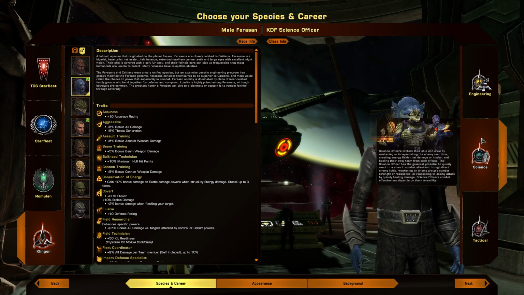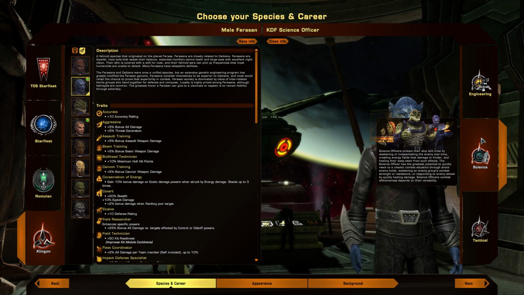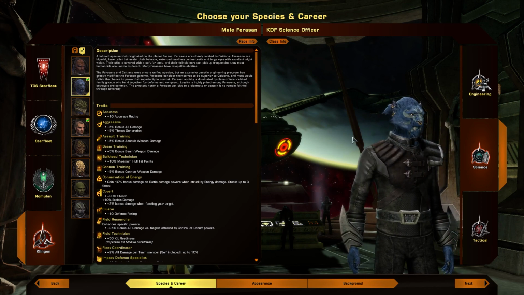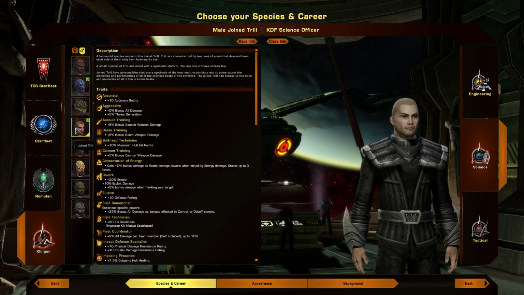Science, you're not going to see that often, and especially not in the Klingon Defense Force. So I believe that's what we're going to do today, is we're going to create a science character for Klingon. So this brings us to our species. I have all the species unlocked, and of all the species, the one that probably is